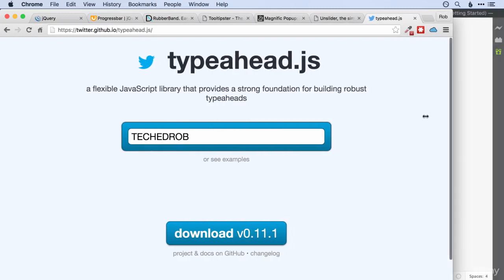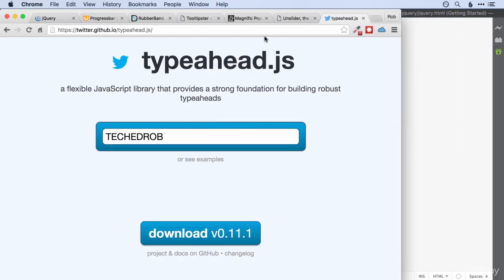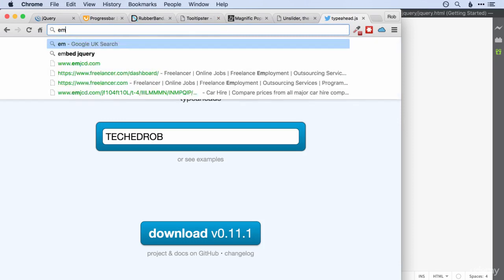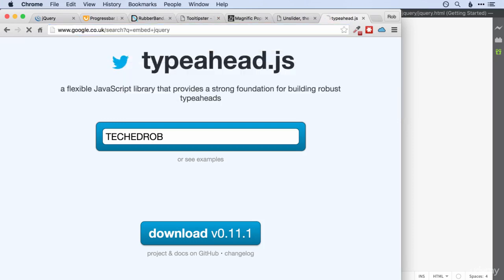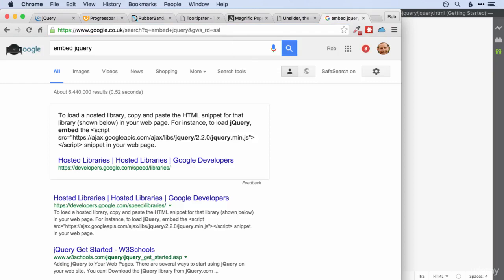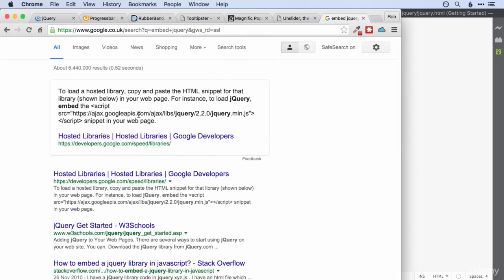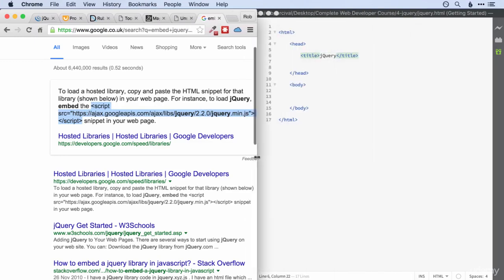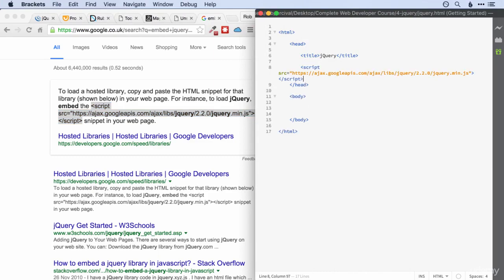so let's get ourselves split up, and let's see first off the quickest way to get going with jQuery, and that is to Google for something like embed jQuery. So this is what we're trying to do. We're trying to embed jQuery into our page so that we can use it. And thanks to Google, we actually get the answer without even having to go to another page, because jQuery is hosted on googleapis.com, and we can grab it right there. So all we have to do is copy that script tag and put it usually in the head of our